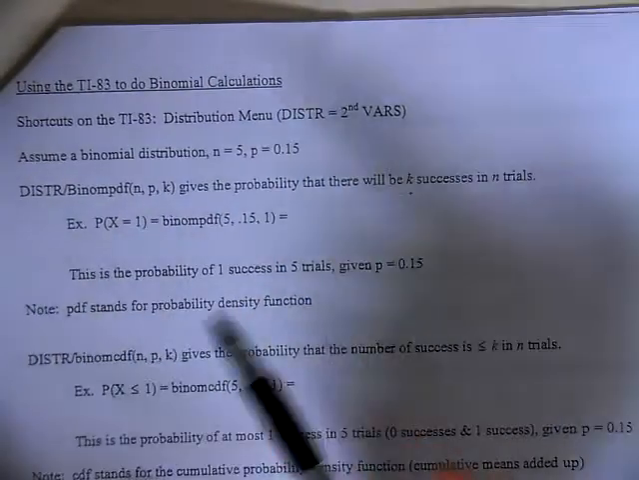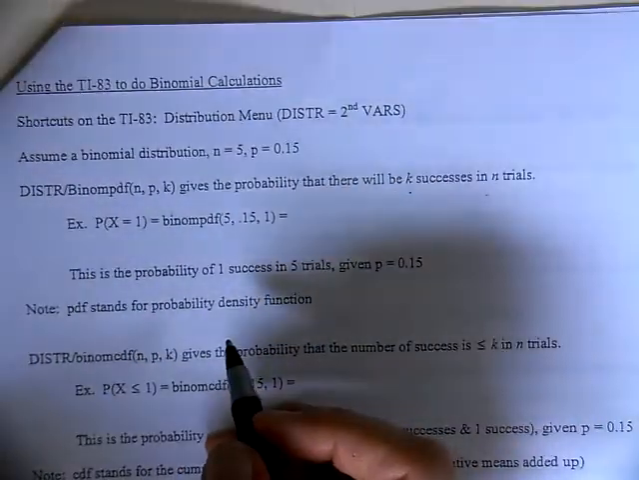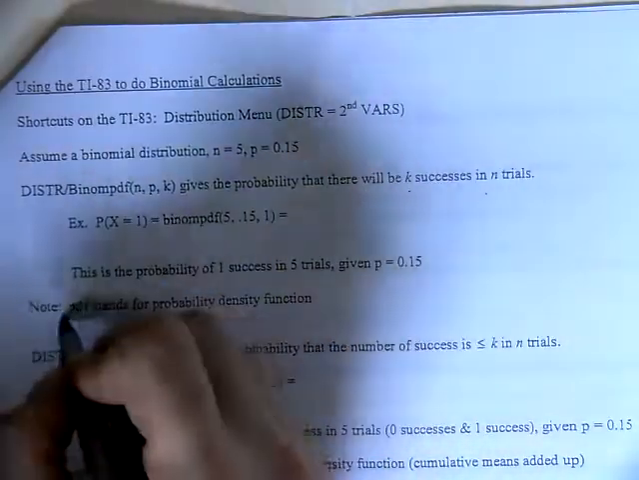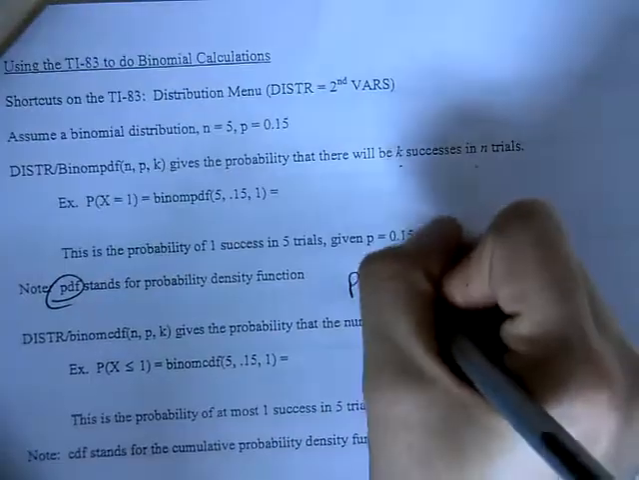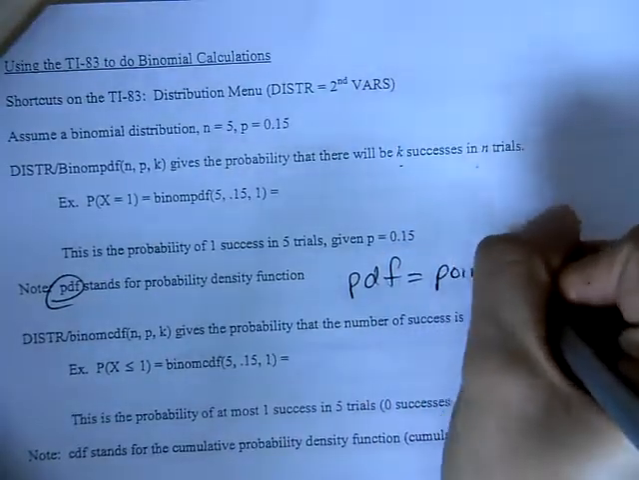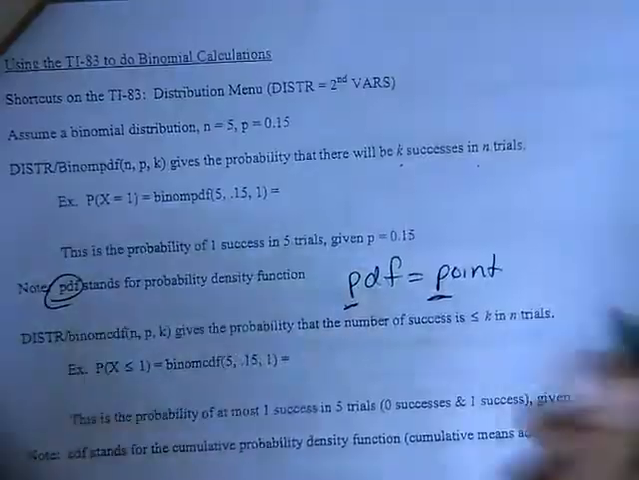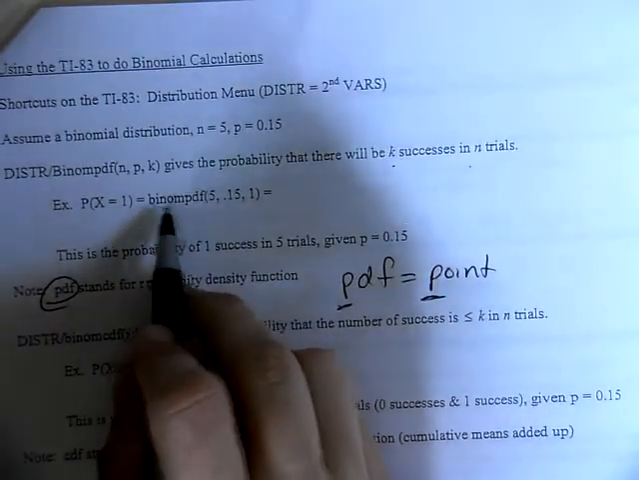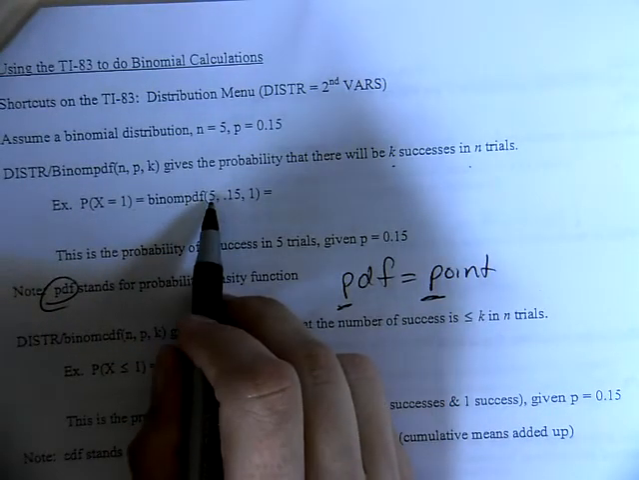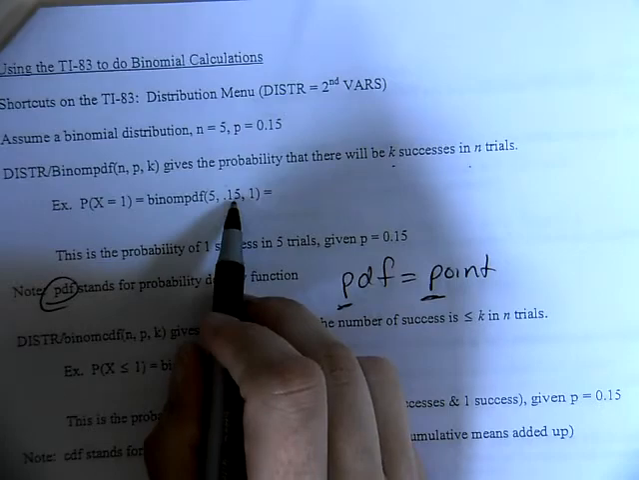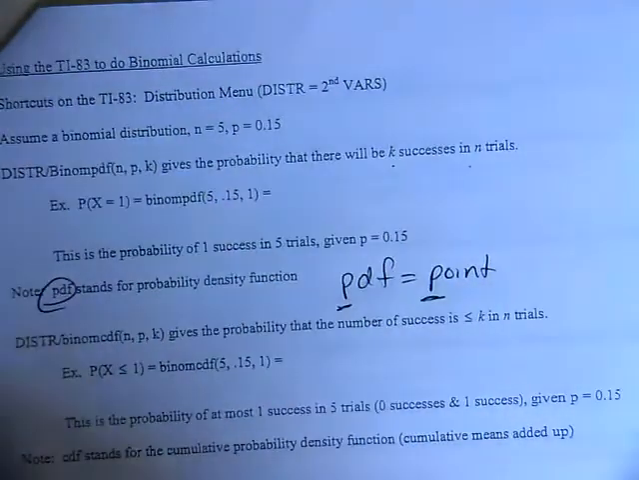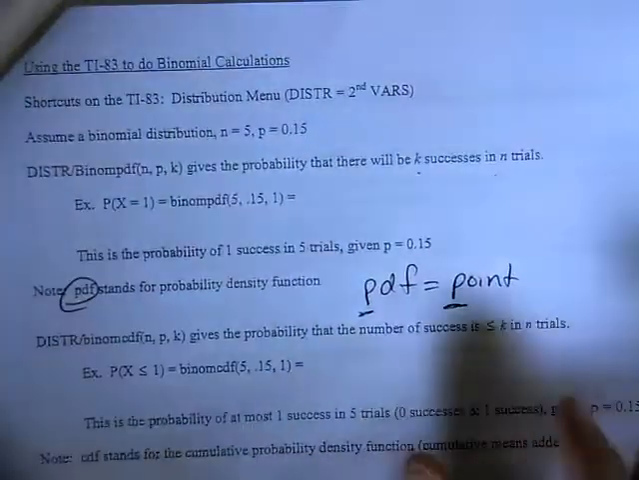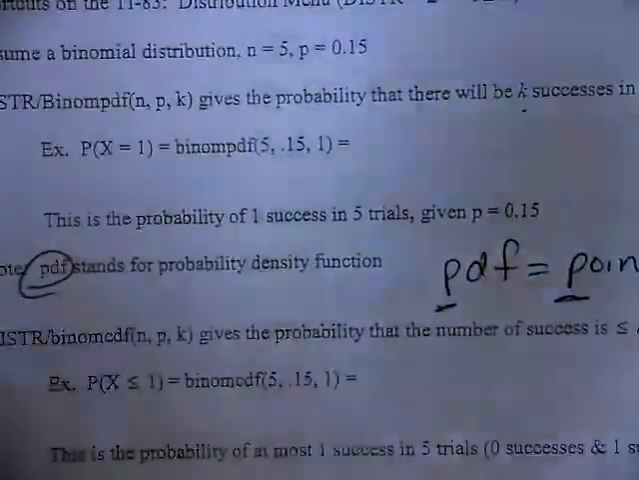So it's a probability. PDF stands for the probability density function. I think PDF is equal to a point. So this is the probability that if it's binomial in 5 trials with a 15% probability, I make one of the shots or whatever. So the only thing you're going to need to remember when you're doing the calculator,